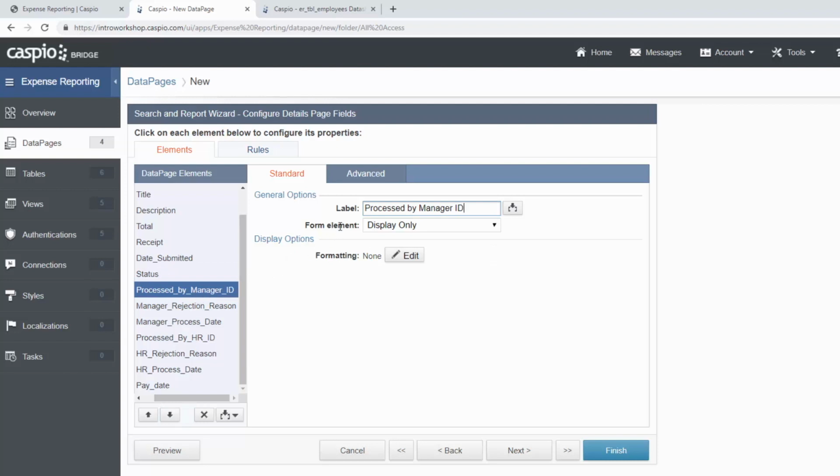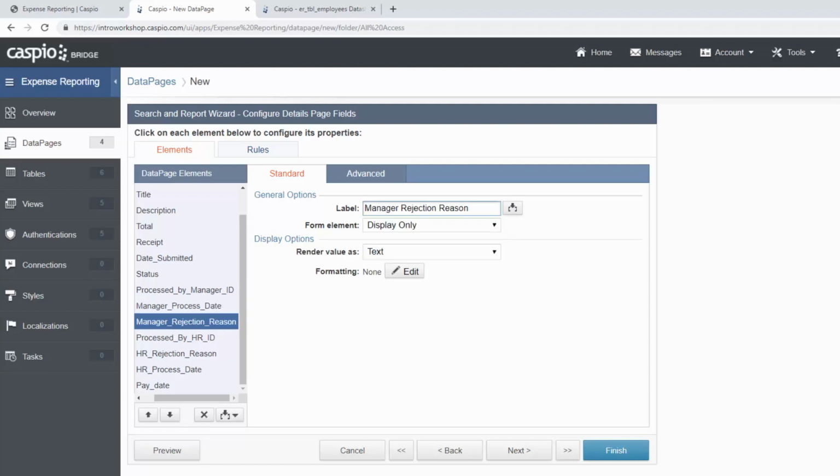Now I'm going to rename my label to simply say process by manager. And I'm just going to remove the ID from the label and put manager in parentheses. Let's have the manager process date be underneath that. And I'm just going to rename my label to say date processed, also manager in parentheses. Then I'll have the manager rejection reason, and I'll rename that to read